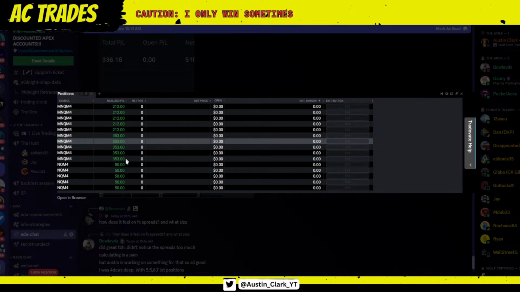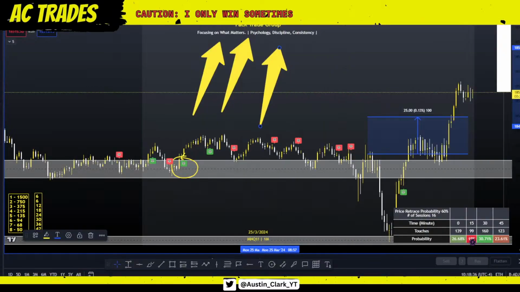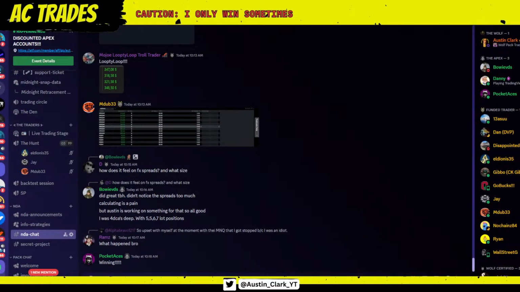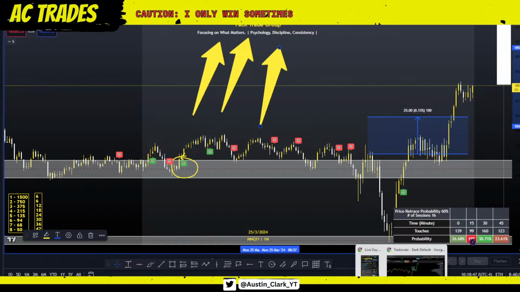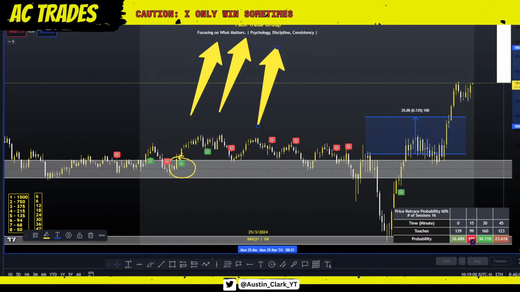$212, $353, $50. Like, dude, beautiful risk management here, by the way. That is awesome. Congratulations, guys. Pocket just came in last minute, said winning. Look at that. Winning. A-Hut said, let's go. Valerie says, boom. Dude, congratulations, Riley. Congratulations.